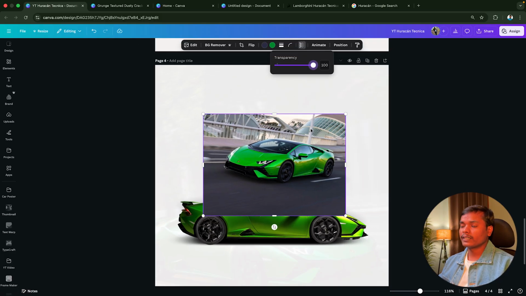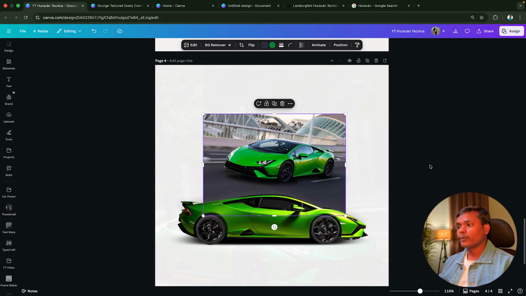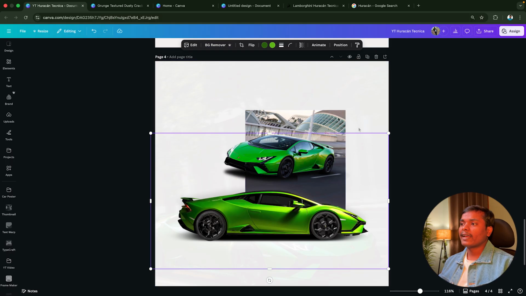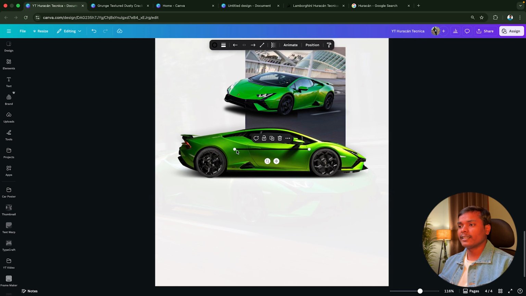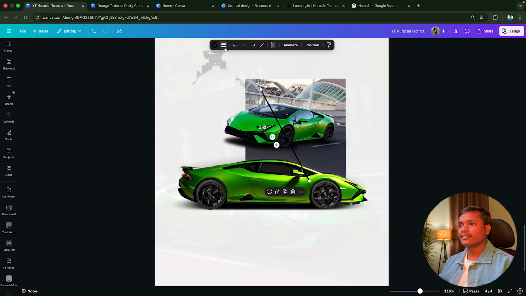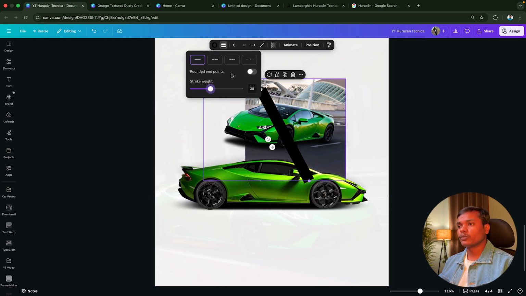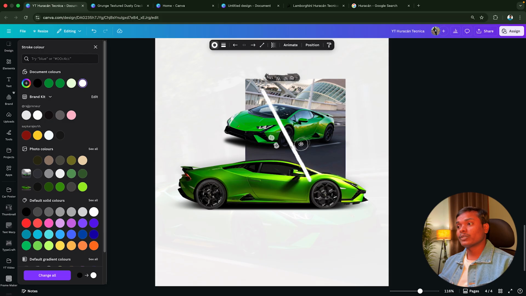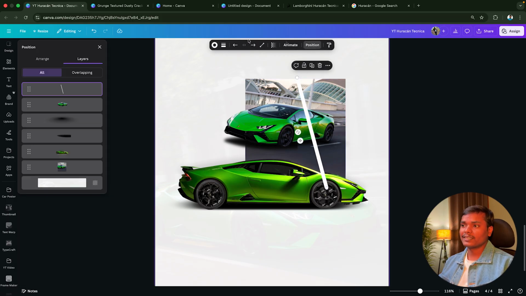I'll just increase the transparency, and that person was saying, bro, just do one thing: cut it like this. Sorry, just select this one, cut it like this and add a line here. Let's take a line, okay, and then just increase the stroke. Let me decrease the stroke to around 25 and change the color to white. So that person was saying to do this thing. So if I am doing this thing like this,